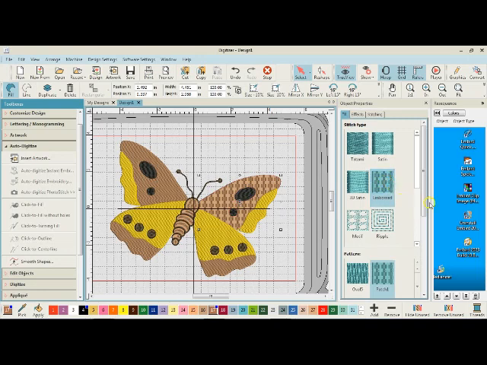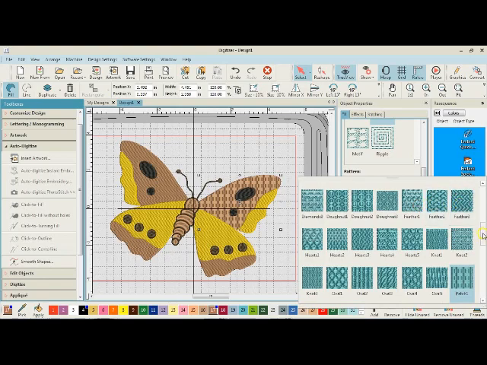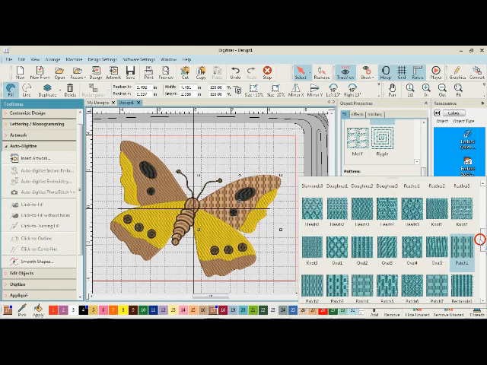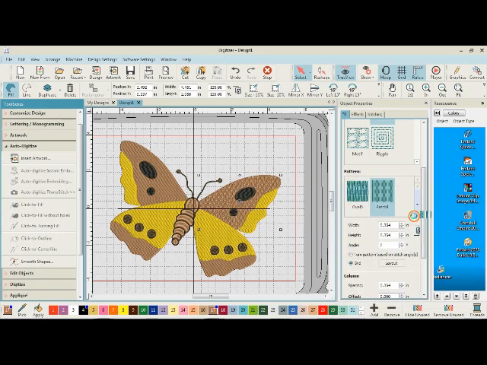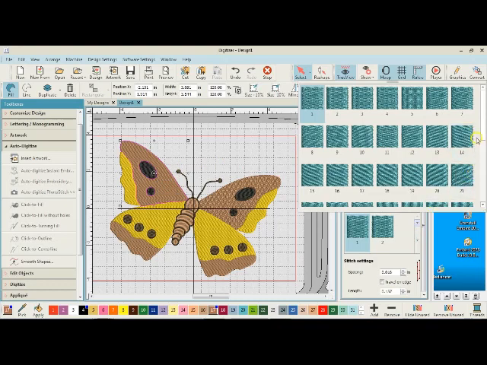Now, you're not limited to this embossed stitch. Down here at the bottom, here are the different patterns. And by clicking this, you can see that there are many, many patterns to choose from. So let's do the hearts, little hearts. And again, you can change the size of those hearts and the spacing between the hearts by changing numbers in here. And I can do the same one over here. Again, hearts